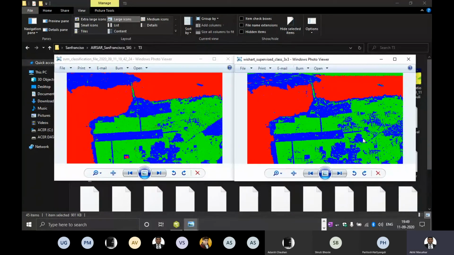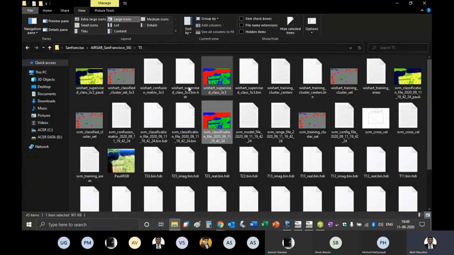So you can see in Wishart here at the top, though this is water body only, but it is getting classified wrongly. But SVM is giving me a very good classification. So that's where again SVM comes out to be better.